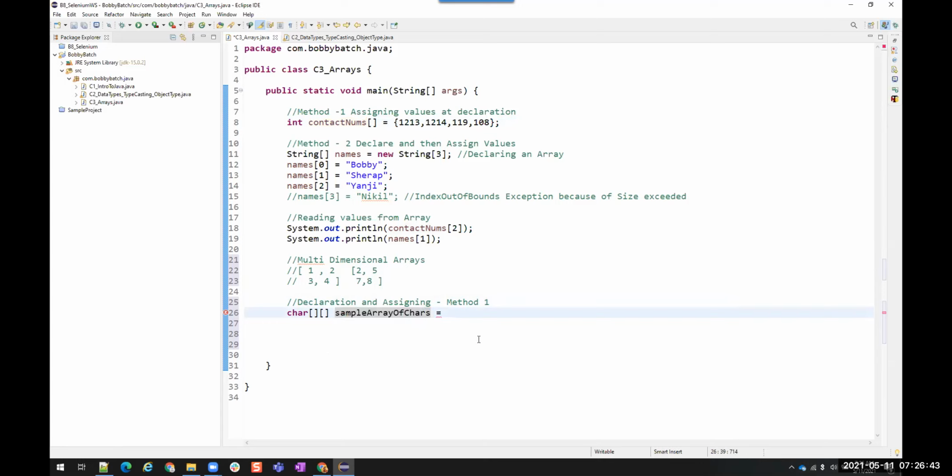To declare an array, we have to use these flower braces, but inside this, I have two dimensions, so I'm going to have two dimensions again. Separate each dimension with separate values. This is a character array, so I can create characters inside this: A, B, comma, C.